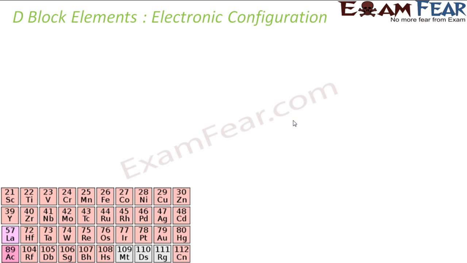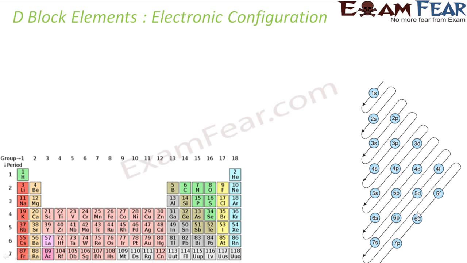Now let's talk about the electronic configuration of d block elements. The first d block element is scandium, Sc. What is the atomic number? 21. We will write the electronic configuration: 1s2, 2s2, 2p6, 3s2,